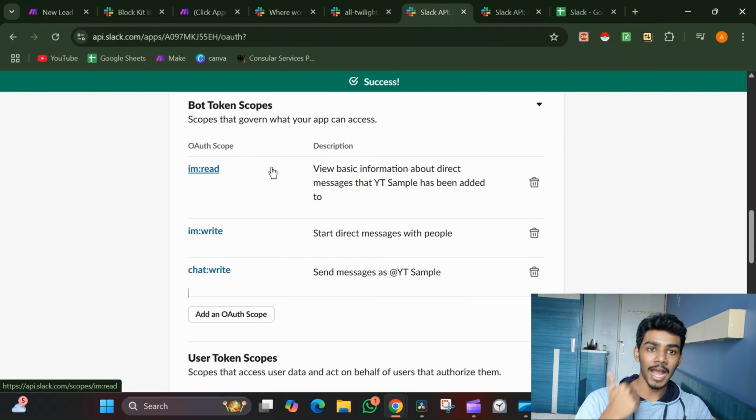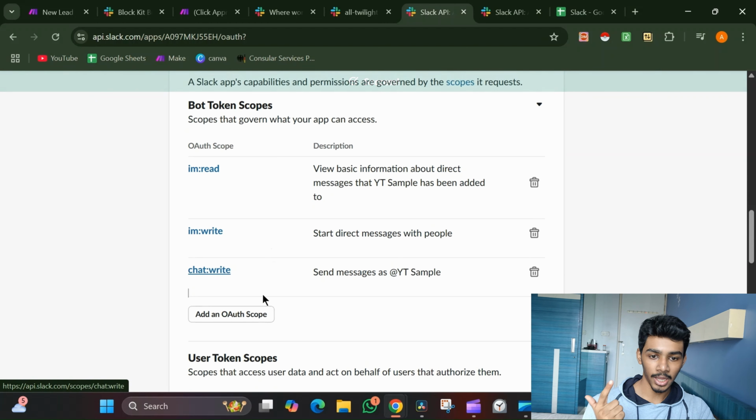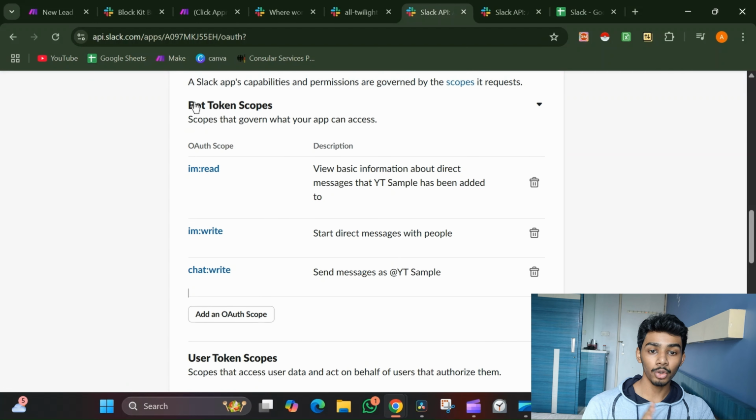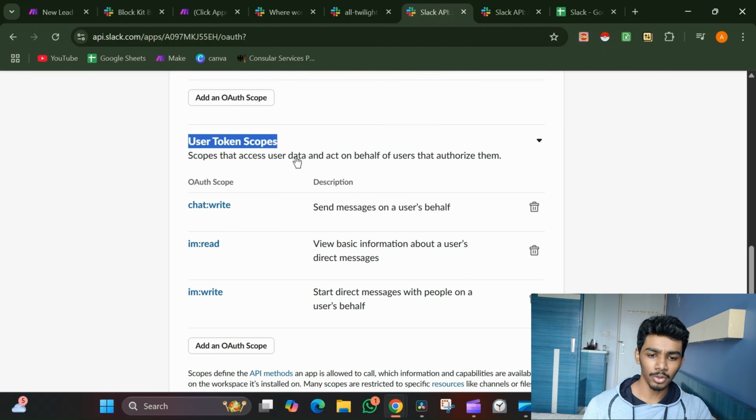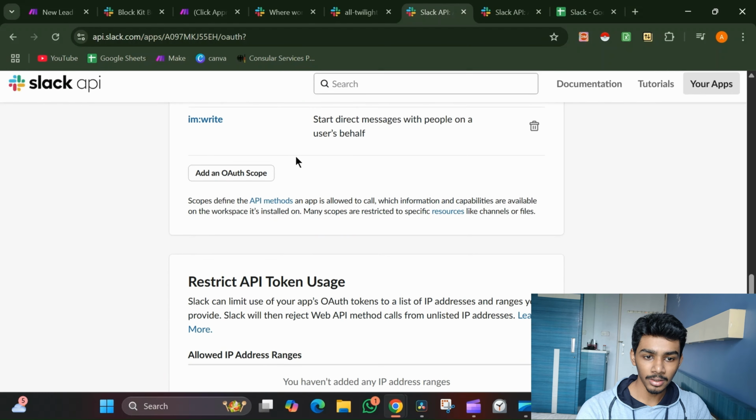Just add all these things: I am read, I am write, and chat write. Make sure to do it for both, that is the bot token scopes and for the user token scopes. Just the same thing, don't do anything else. And then